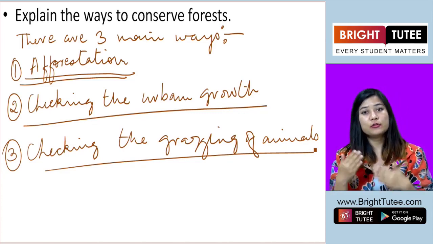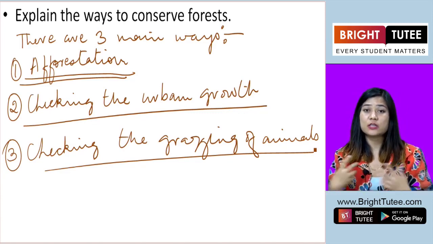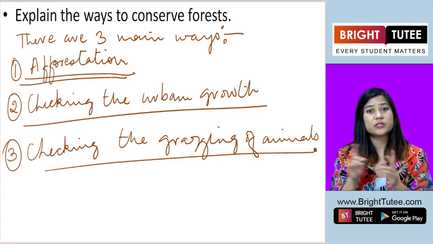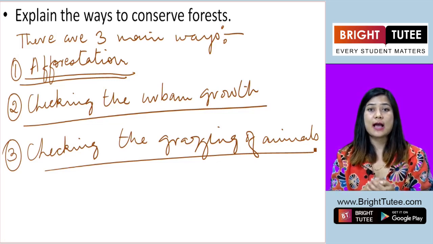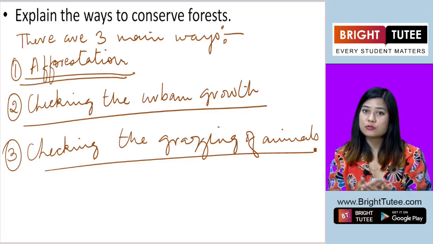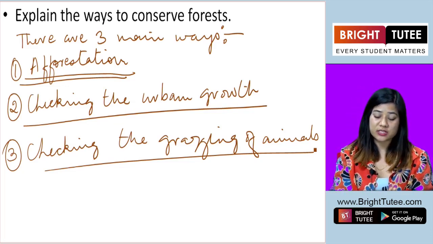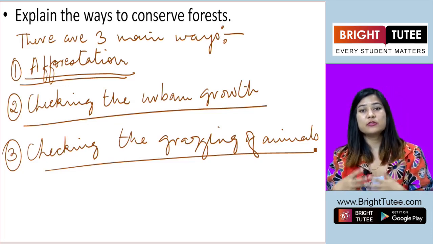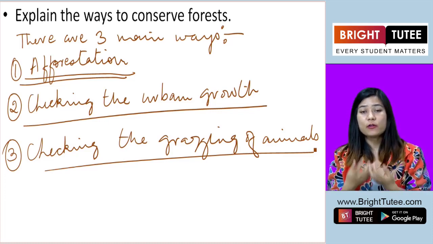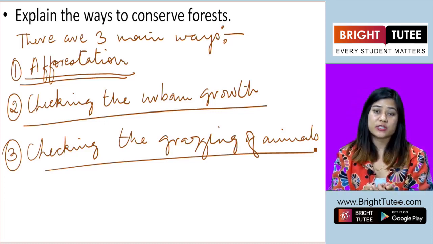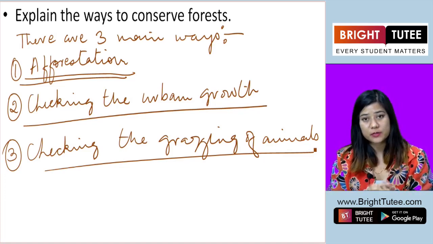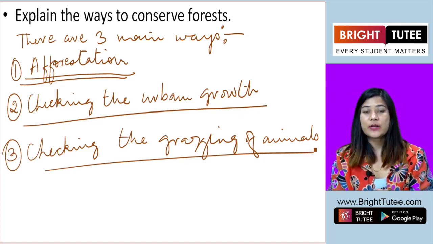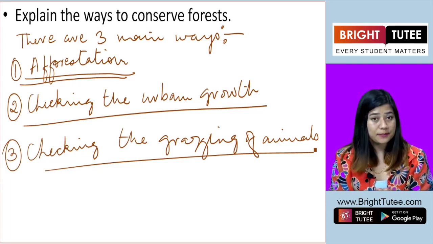And there, although we saw various ways to conserve and preserve the natural resource, which is forests and vegetation, we also learned that we also play an important role in the conservation process. Our role is also very important. Our involvement is also equally important as that of the government, as that of the global community. So with this, we come to an end of this chapter.